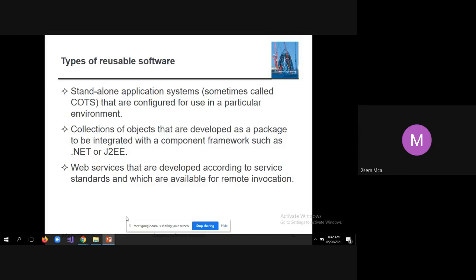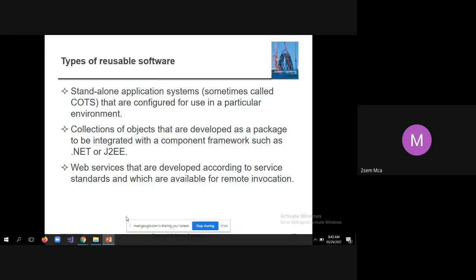Then let us see the different types of reusable software. Standalone application systems, sometimes called COTS, commercially off-the-shelf systems, are standalone application systems that are configured for use in a particular environment.